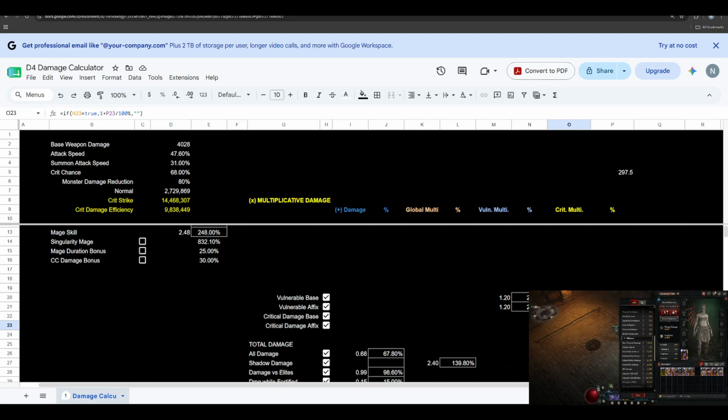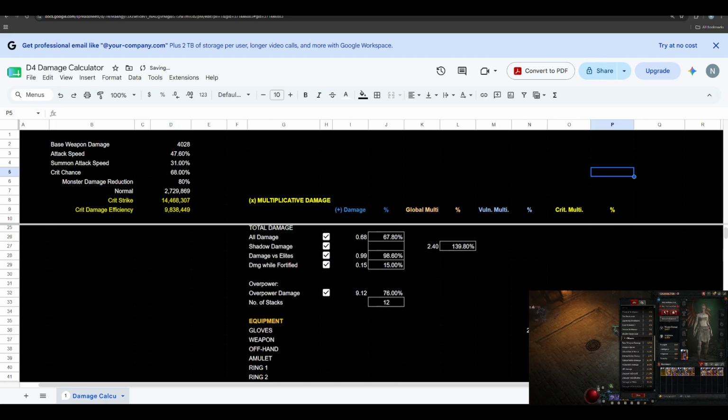So basically, the total percentage of that multiplier, you divide it by 100 and then add 1, so that is now the numerical multiplier of that critical strike damage coming from the affixes. So now that the formula is set,